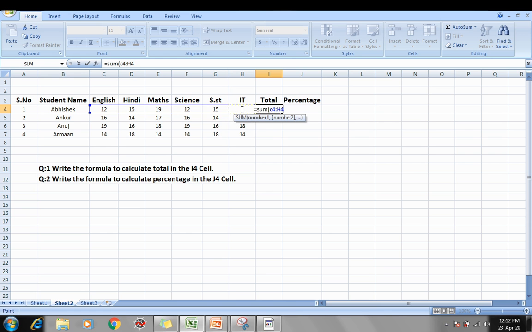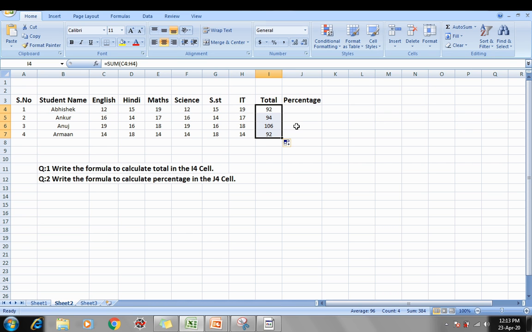Close the bracket, then press enter. You will get the sum of all these cells from C4 to H4. Then simply drag this, and you will get all the values. The formula is applied automatically to all the cells.